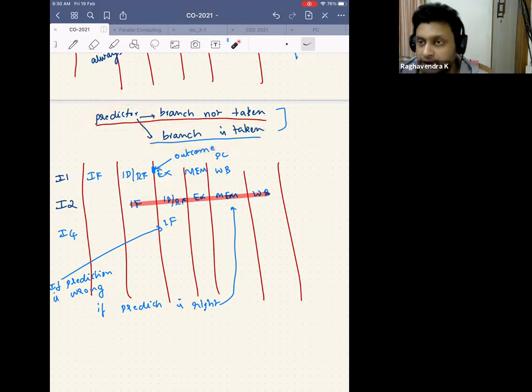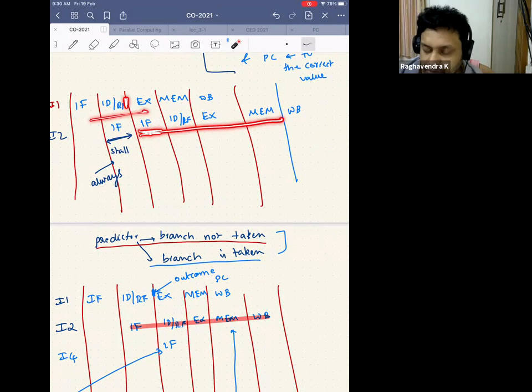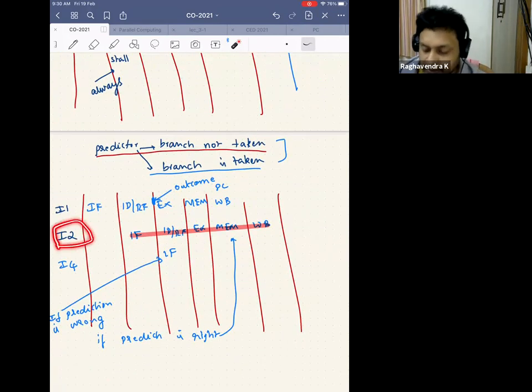So in this particular MIPS pipeline, I can only do two different designs. Of course, I can do other designs, but there are two particular designs. One is a design where I just go and fetch the instruction, not worrying about the outcome of the branch. If I know there is a branch instruction, I reissue the fetch and continue the execution. The other way is to always fetch the next instruction, which means I am assuming that the branch is not taken. And if the branch is actually taken, then I flush the pipeline and reissue the next instruction. Is it clear till now? If it's clear till now, it should be fine.